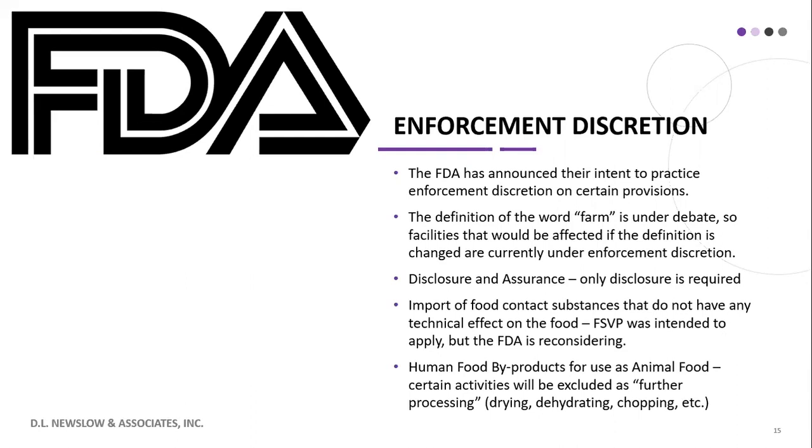Disclosure and assurance: all the supply chain requirements have provisions for disclosure and assurance. Like, say you're making a food for further processing. So say you're making a spice blend, but the spice blend isn't treated. It has to be used in cooked applications. So when you ship that food, you have to disclose to your customer that that spice is untreated. So in documents that go along with the shipment, you have to say, this product has not been processed to control, for example, salmonella. Well, then in that case, the entity that is receiving that product would know, okay, I